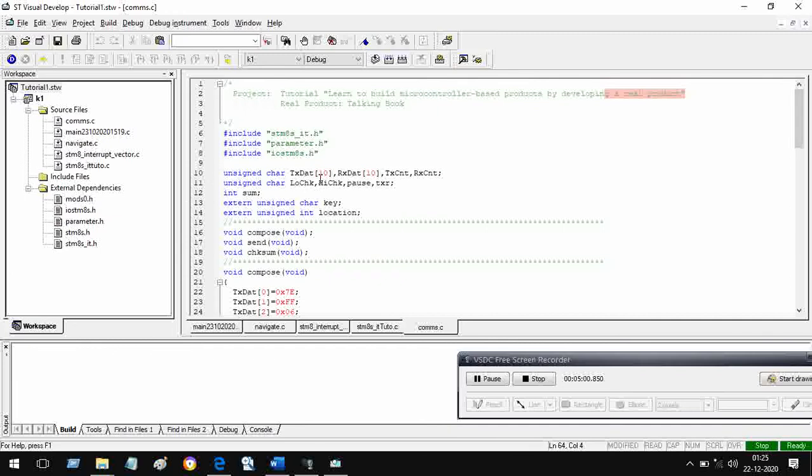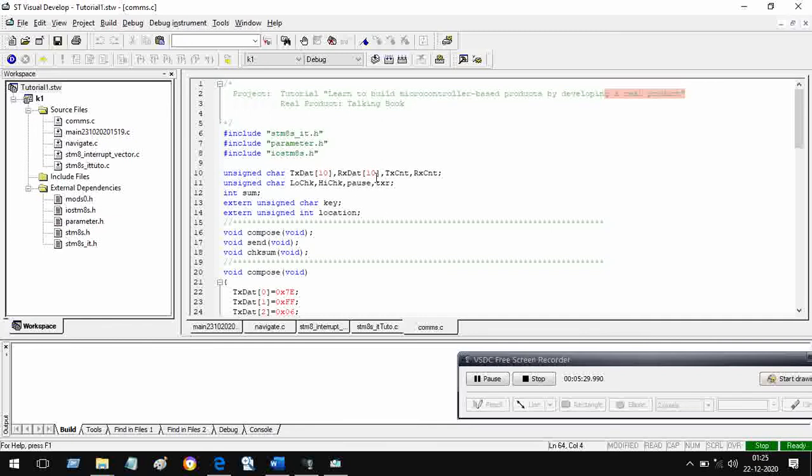We identified txdat, a variable, an array tx[10] and rx[10]. What does this array mean? Its name is tx.dat. It contains unsigned characters, that is 8-bit values, and there are 10 such values starting from 0 and ending at 9. So tx[0], tx[1], tx[2] up to tx[9].